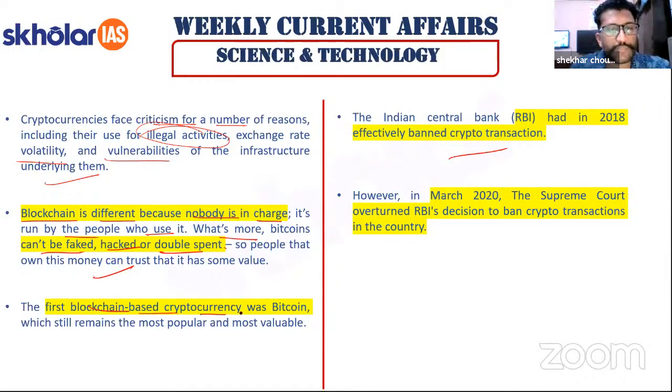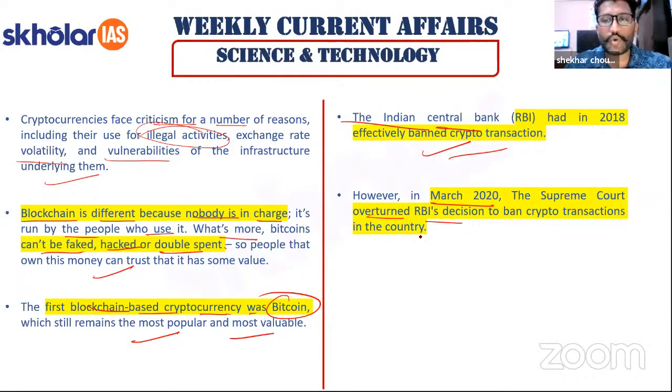The first blockchain based cryptocurrency was Bitcoin. अब और भी बहुत सारी आ गई हैं. मोस्ट पॉपुलर और मोस्ट वैल्यूएबल यही है. तो इस एक जापानीज पर्सन के नाम से ये 2008-9 के करीब कहीं शुरू हुआ था. तो द इंडियन सेंट्रल बैंक आरबीआई ने इस पे बैन लगा दिया था. However, in March 2020 the Supreme Court overturned the RBI decision to ban cryptocurrencies in India. बट अभी क्या है कि गवर्नमेंट का कुछ भी ऐसा कोई क्लियर लॉज नहीं है. और अभी फरवरी की न्यूज है 2021 की ही, और मार्च की भी न्यूज है. ये न्यूज रॉयटर्स में छपी.